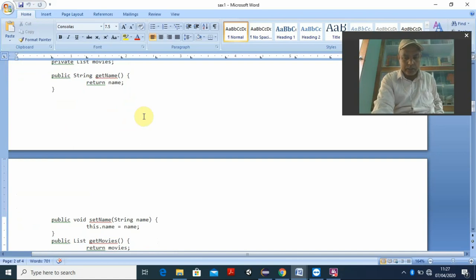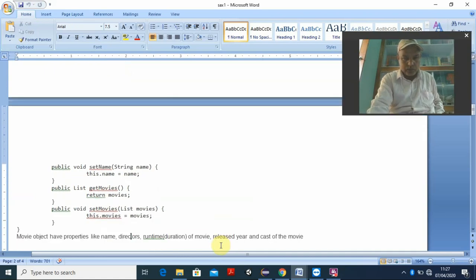Then I am going to the set name, that is for initializing, as you know. Public String getName, this is the data I am getting from the keyboard, and public void setName, I am initializing with this.name equal to name. Okay. Then similarly public List, same thing, we can do the methods getMovies and setMovies. Get movies, we are taking it from this input, and also the set movies we are initializing this. Okay. So this is the thing.